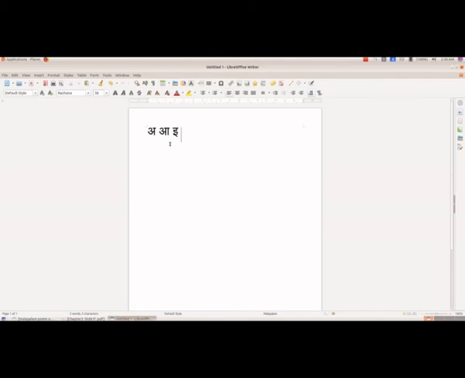Shift and D. And now Shift and E. R. Shift and F. Shift and F is E. Shift and R is E. Shift and G is U. Then Shift and T is U. Shift and plus is IR.